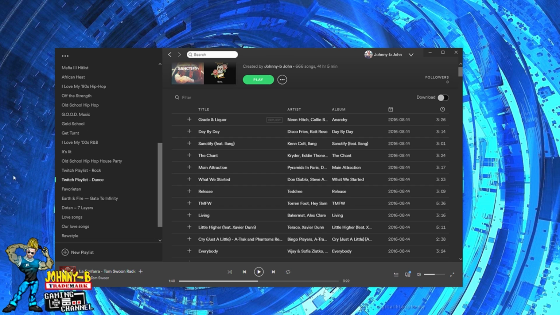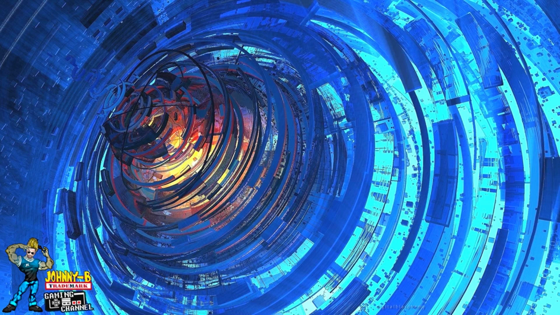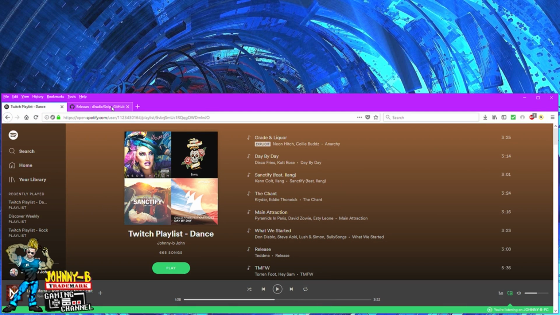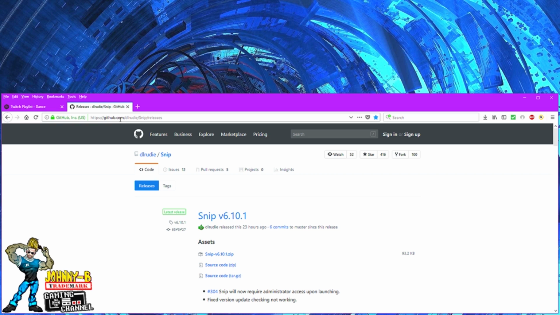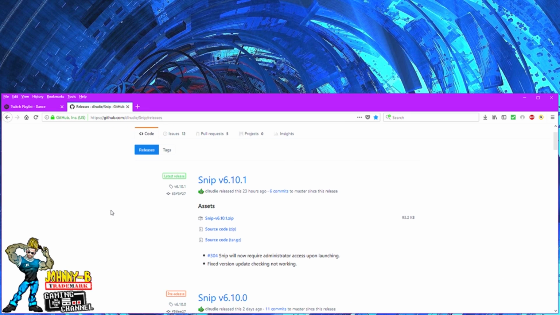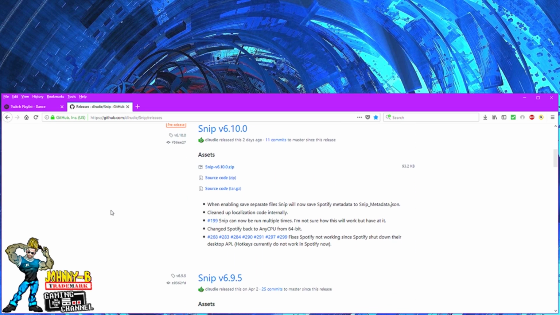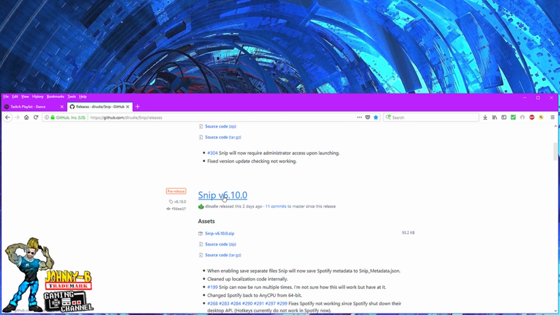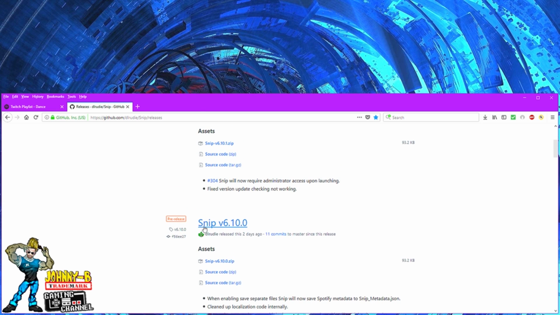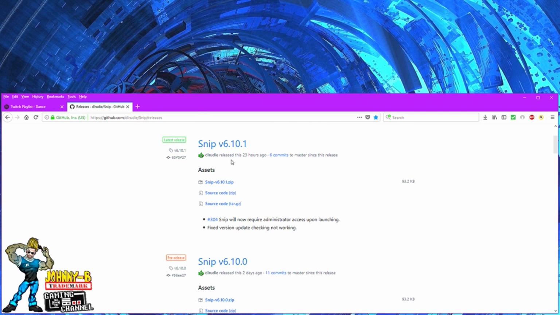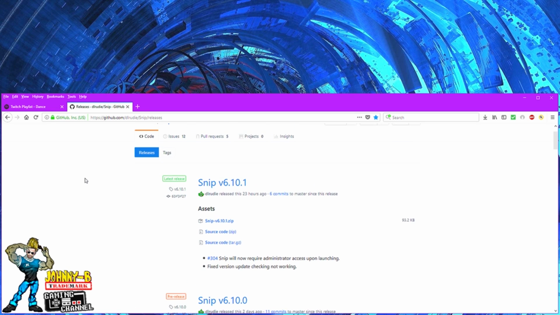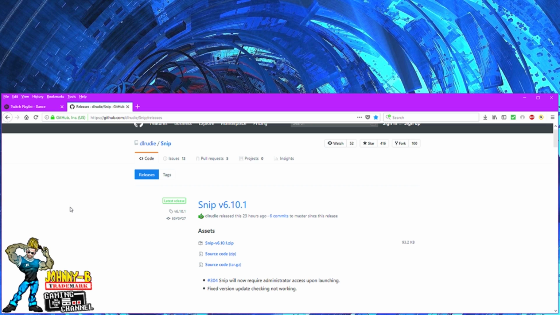So I did some digging, and I came across the GitHub website, and I came on this website here, github.com, the all Rudy Snip releases. So I see here they actually released like 2 additional versions of Snip. The version 6.10.0 actually works quite nicely. And it's about, well, not a day ago they released this one here, the 6.10.1. So I actually installed this one, and I gave it a try, and I must say it works quite nicely